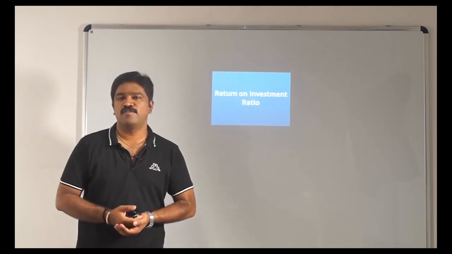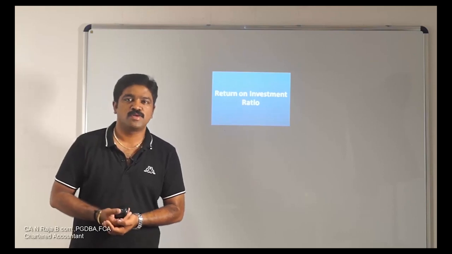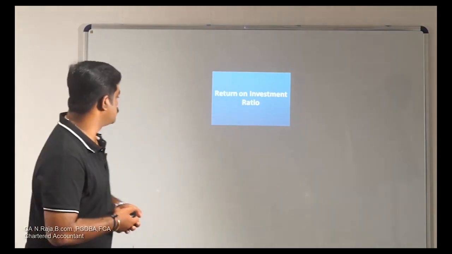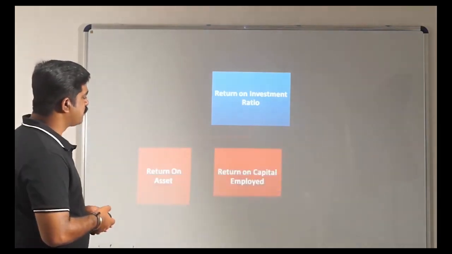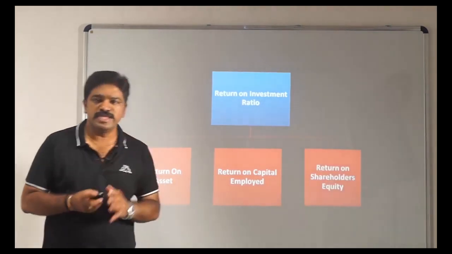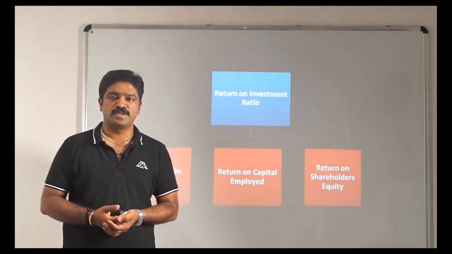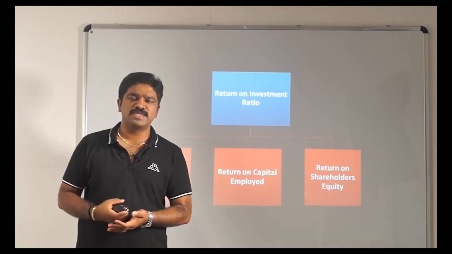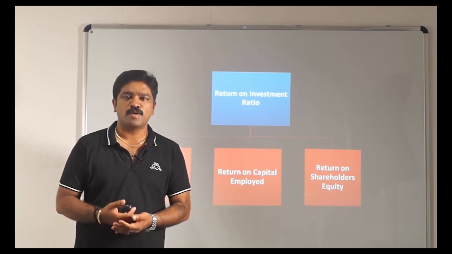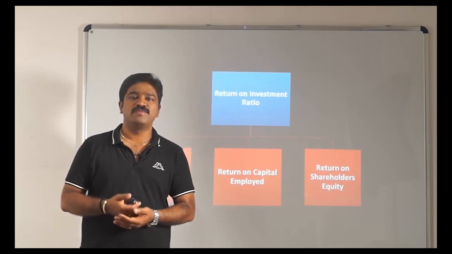Let's move on to the second part of profitability ratios, that are overall profitability ratios, or we otherwise call as return on investment ratios. Now in this we have 3 sub ratios. The first one is return on asset, then return on capital employed, return on shareholders equity. Now these ratios are very critical, even more critical than the general profitability ratios. Because if someone is investing in the business, it's not with an intention only to earn profit on sales, but it is with an intention to earn return for the investment.